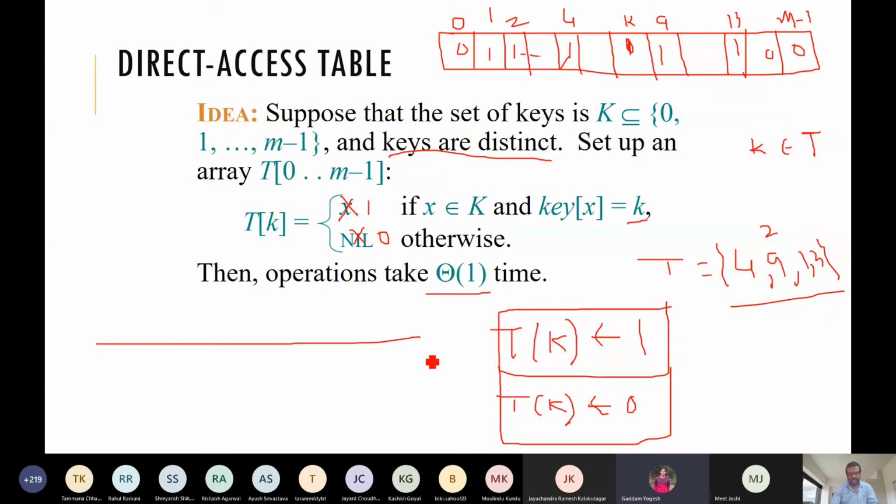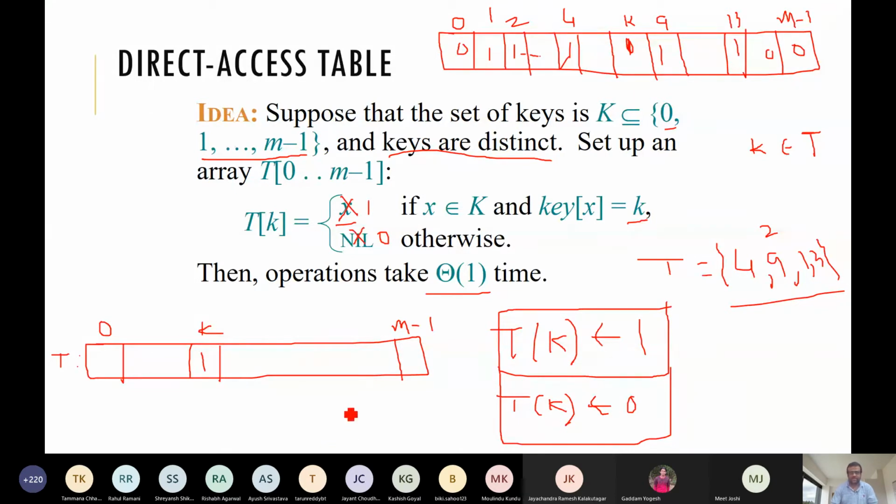This is our array, the T array, where we are maintaining this. This is the direct access table, we can say, and it spans 0 to m minus 1, the possible key values. We are assuming our keys come from this set 0 to m minus 1, that means the maximum key value we allow is m minus 1. Whenever a record comes, its key value should belong to this. If the key value is k, we make this 1 to represent that the record is present. T[k] is x means the record is present in our database.